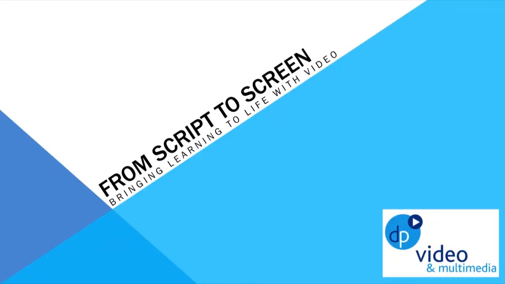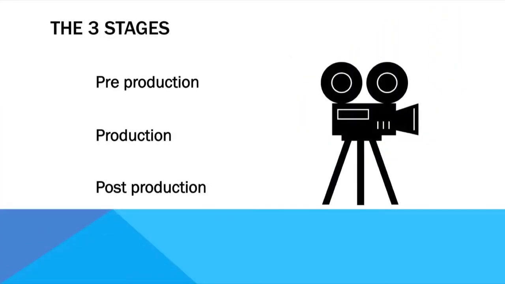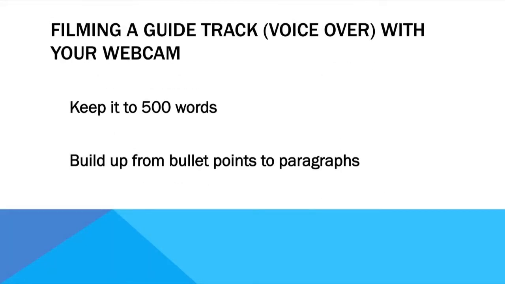Video productions can be broken down into three distinct areas, each covering a number of individual processes: pre-production, production, and post-production. For a successful production, it is key to undertake them in this order. When beginning the pre-production process, a useful technique is to produce a guide track that will help you build your